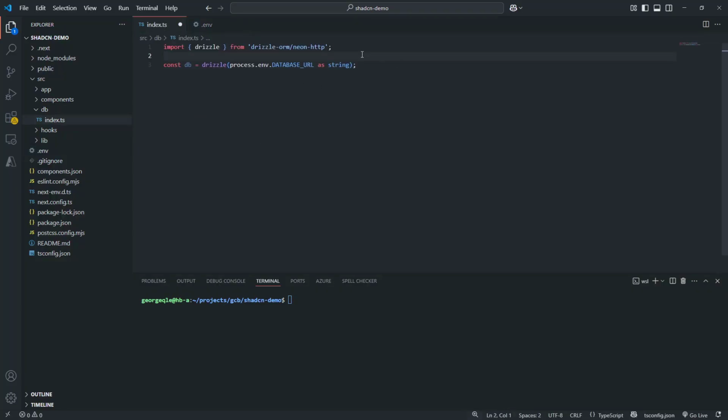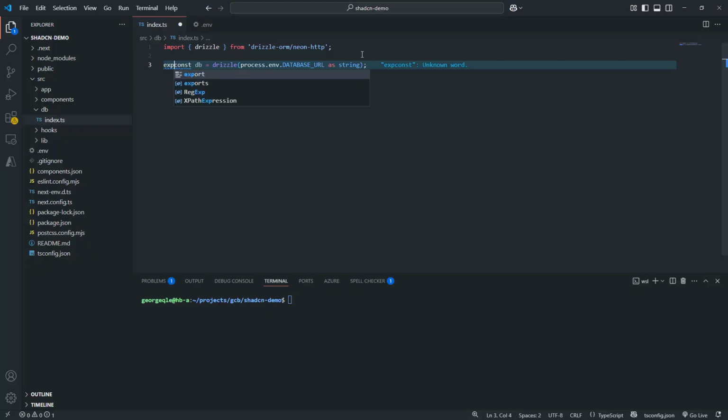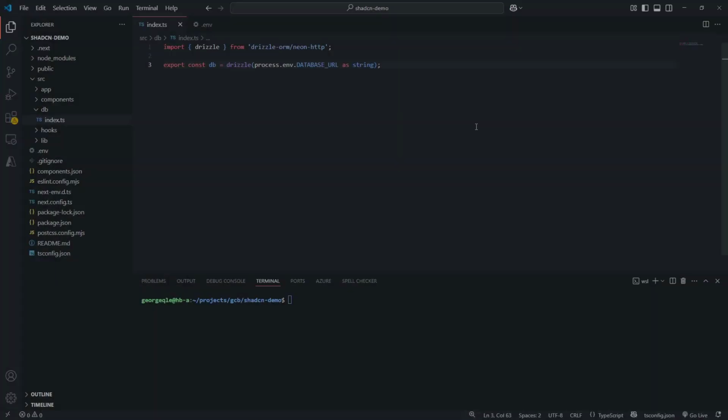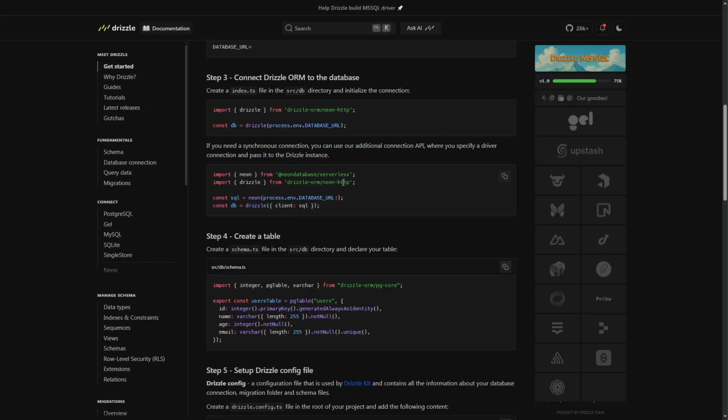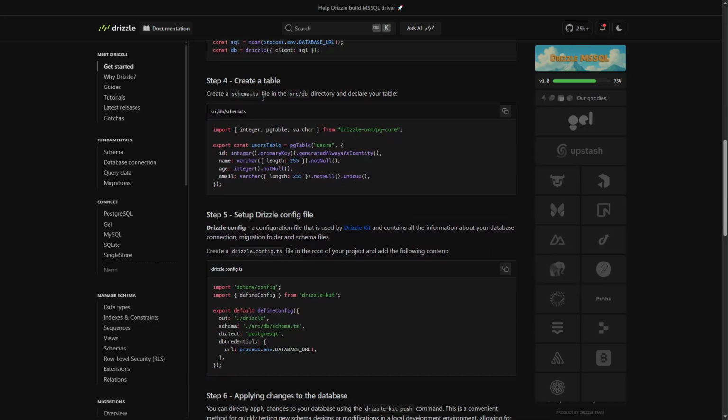And then lastly, I'm going to amend their code a little bit by adding an export so that we can actually utilize the database in other files. Make sure that you've pasted in this code, not this one. Cool. Going back over to the documentation, moving on from step 3 to step 4, we need to create a